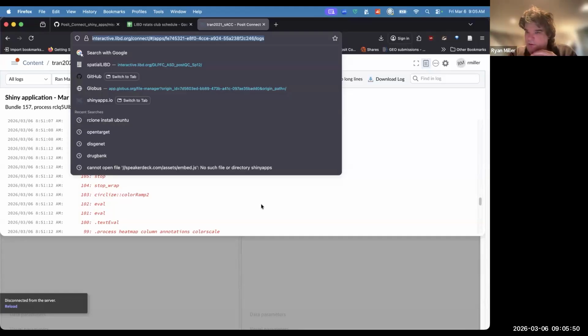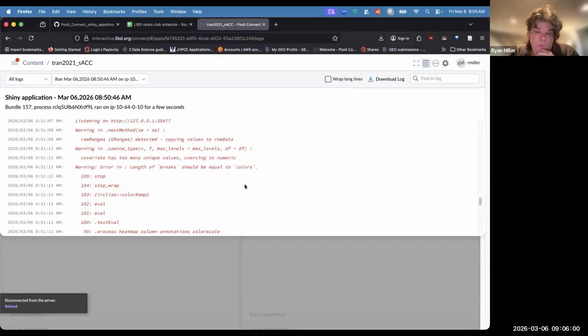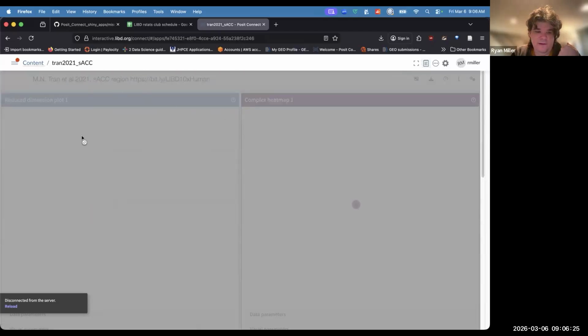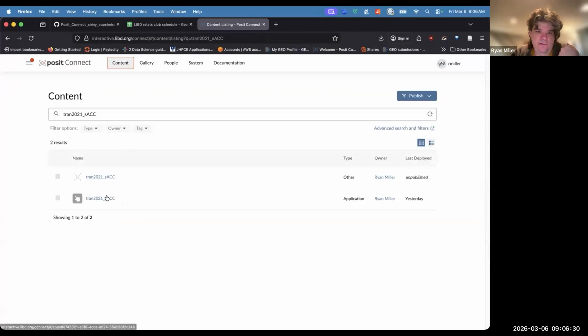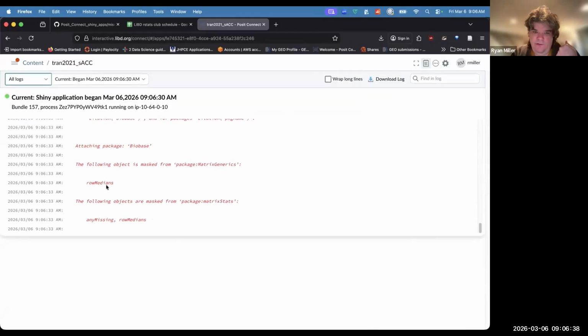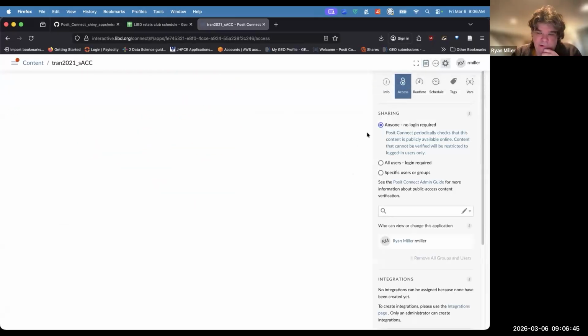So your apps, the links, the URLs, all that stuff will still work. It's just going to be some magic that happens behind the scenes. But one of the apps, this app from 2021 for the SACC, which Leo said we do need because it's part of one of the manuscripts and packages, I have an error when I load the data on Posit Connect, and so when I load it, it kind of loads like this, where it seems to be going through the normal loading process, and then after